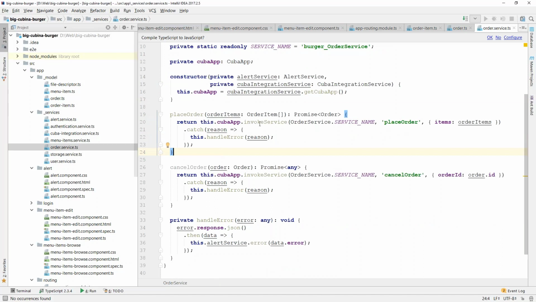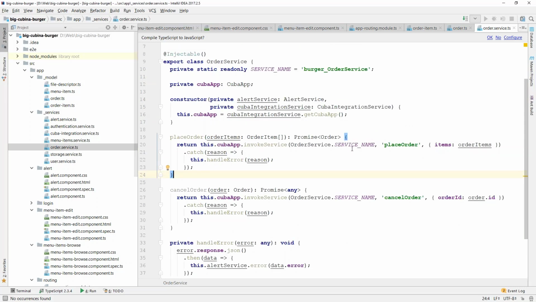To place orders, we use invoke service method from the Kube app, and passing service name is the same as in our Kube application. Method name, place order, and input parameters. For place order, we need to pass a collection of order items.